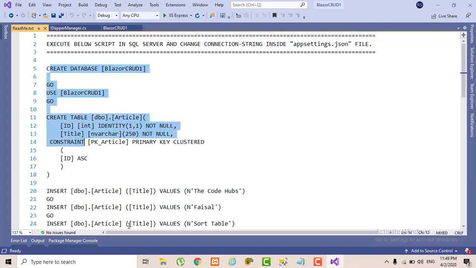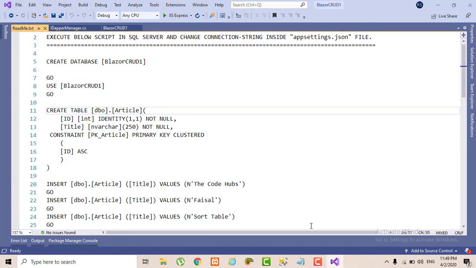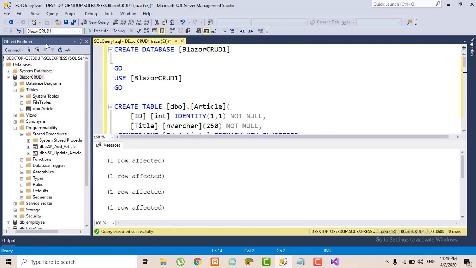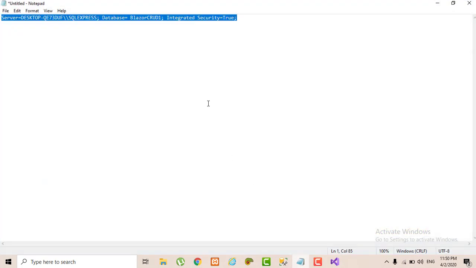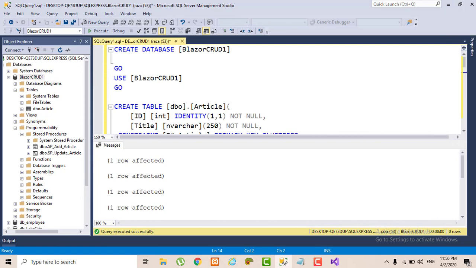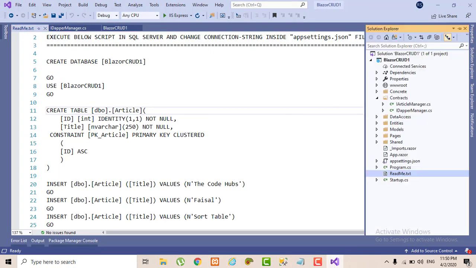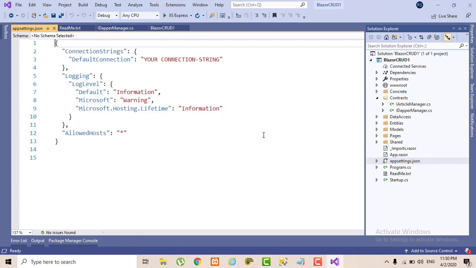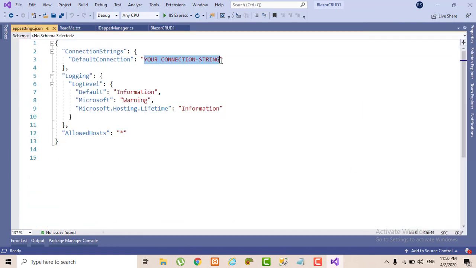You copy this script and run it in your SQL query editor, as I have already created my database with the table named article with 2 stored procedures, sp add article and sp update article. After that, you need to set your connection string in appsettings.json. Paste your connection string here